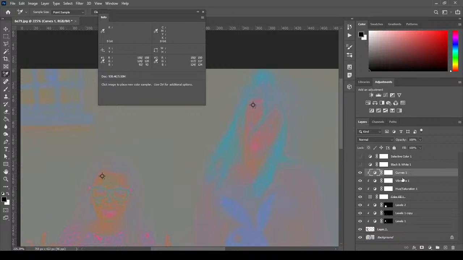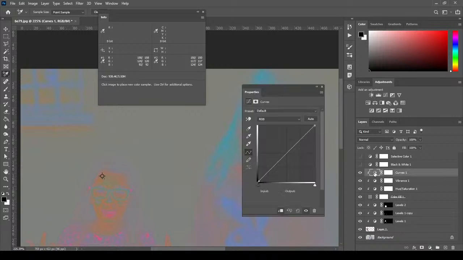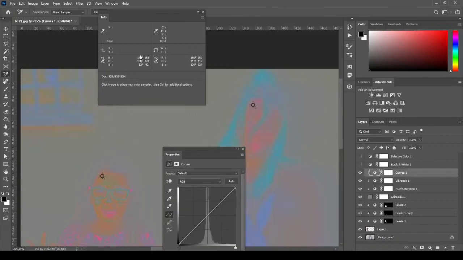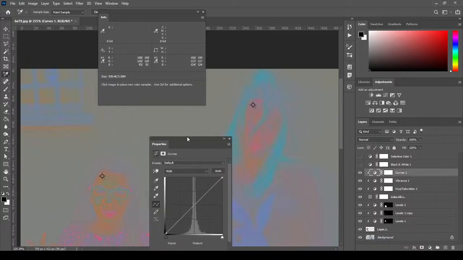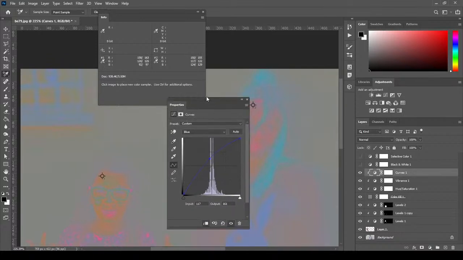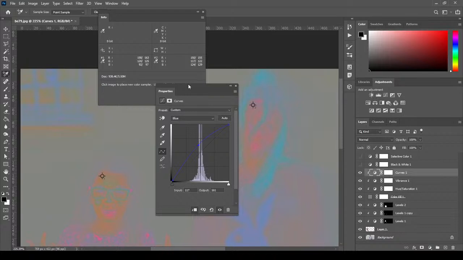So what you can do here is just double click here for the curves that we made. First we will play with the blue. Let's do the blue. Blue, we want 124 blue. So I will go to the blue, okay, and I can start increasing the blue here. So I need 124, okay, and also it needs to be